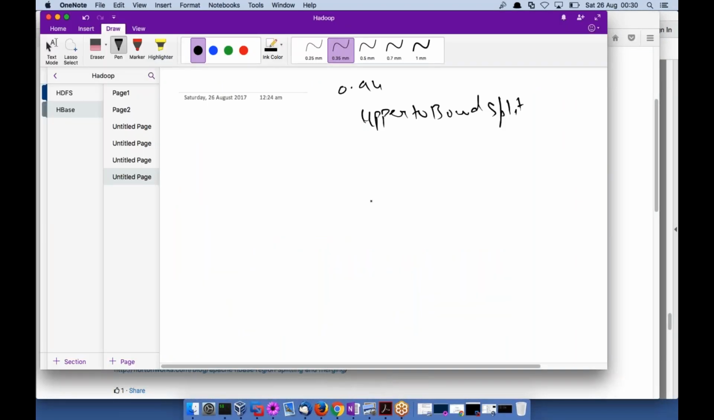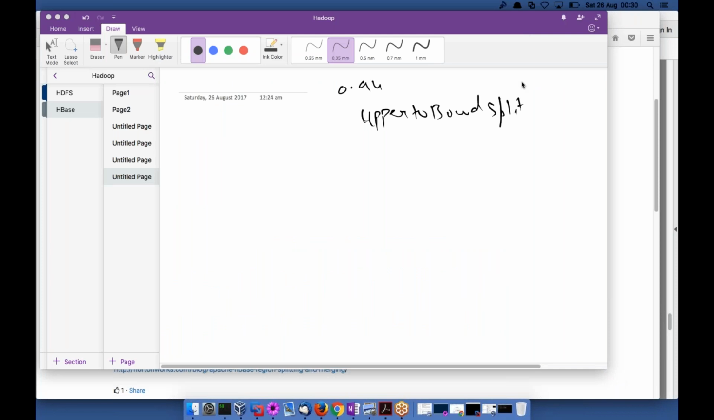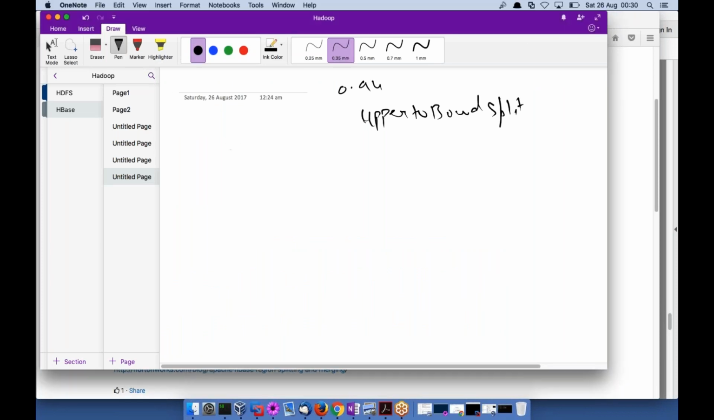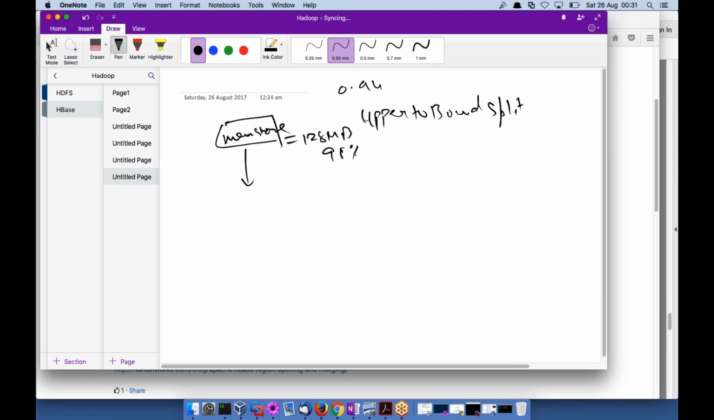So let me go to the board. I have a mem store, which is of 128 MB by default. It flushes at 95% of its usage. So it flushes at 121 MB. It creates an H file. So in this new policy, upper to bound split policy,